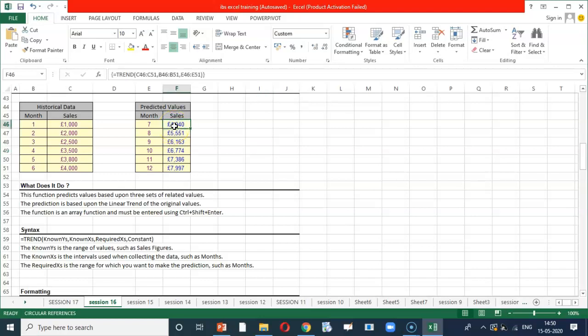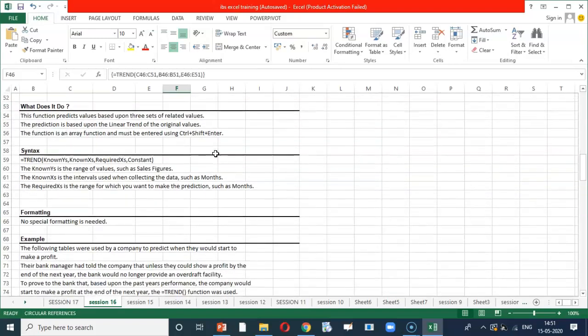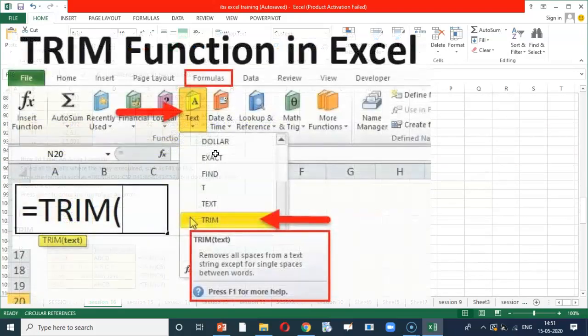So in this way, you can create the trend analysis for the cells for which you want to give the prediction. So this prediction can be based on sales, earnings, it can be based on months, weeks or years. But one factor you have to be careful is that both the historical data and the predictive data have the same yardstick of prediction. Months in historical data can be converted into months only in predictive data. Hence, make sure this data is constant.